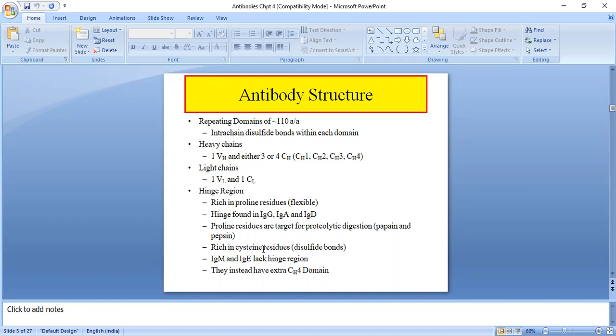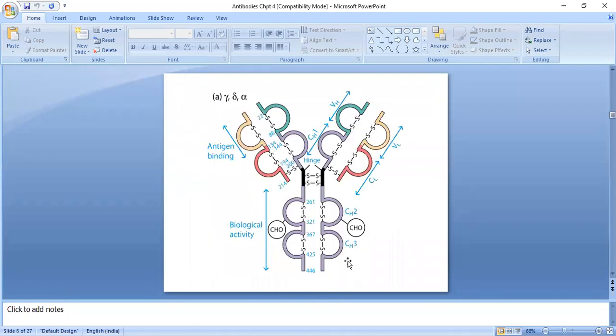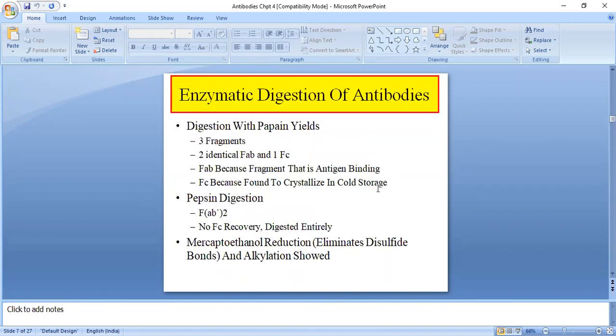See, coming to IgE, IgE participates in allergic reactions. Whenever we swallow dust, some people face problems like dust allergy or brinjal allergy. In those people, IgE may get highly activated. They have an extra CH4 domain. Then this is about the antigen binding site. Then coming to the entire basic structure of this immunoglobulin.